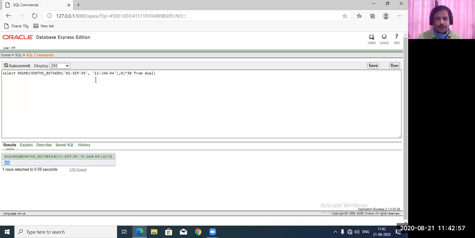Now, where can we use it in an actual need? Suppose we have employees in an employees database and they have been working for a long period of time. At that time we can calculate the experience of each and every employee and find out the number of months or number of years, whatever you need, and display that. I will give you a complete syntax for that after the discussion of all these four date functions. I will give you one complete example which displays all these values.